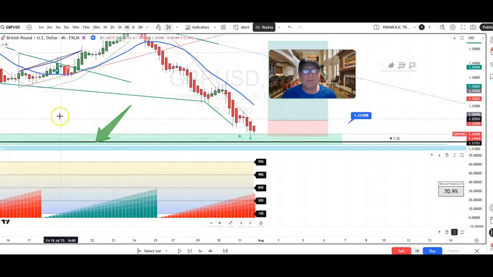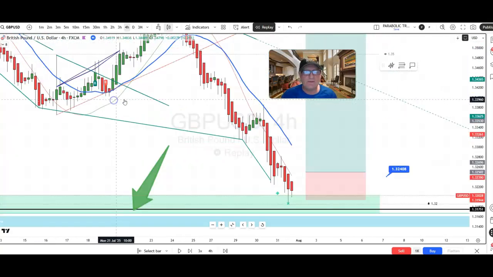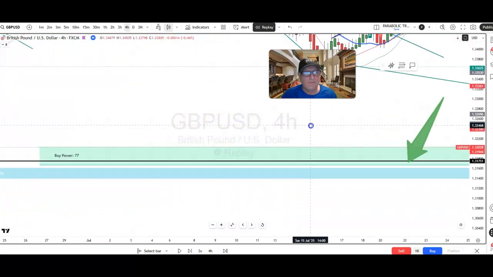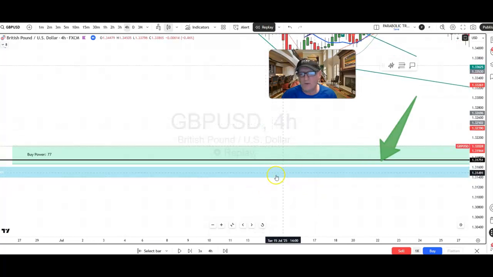So this is the pound USD. There's a couple of things to note here. Let me just get rid of that. And we can see here, if we wind back a little bit, that there's a demand area here in blue automatically drawn on your chart. You haven't got to do anything. And there's also a number here, a